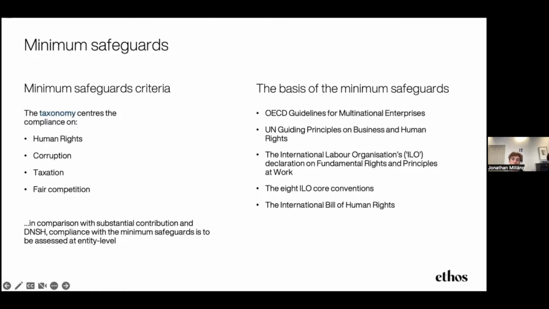And this is explicitly stated also in the latest report from the TEG, the Technical Expert Group, on how to apply minimum safeguards. And that is applied through the fact that a company has performed a human rights impact assessment, so they know their risks related to human rights in their value chain, and they have also acted to respond on those rights and mitigate them through a human rights due diligence. So if you haven't done this, you will not be able to align any of your economic activities as taxonomy aligned.